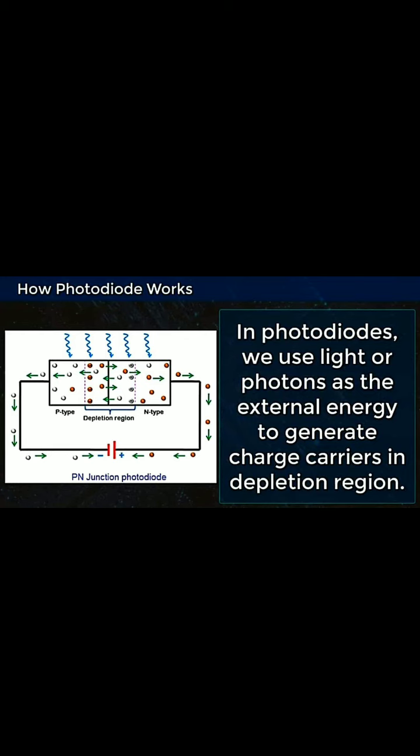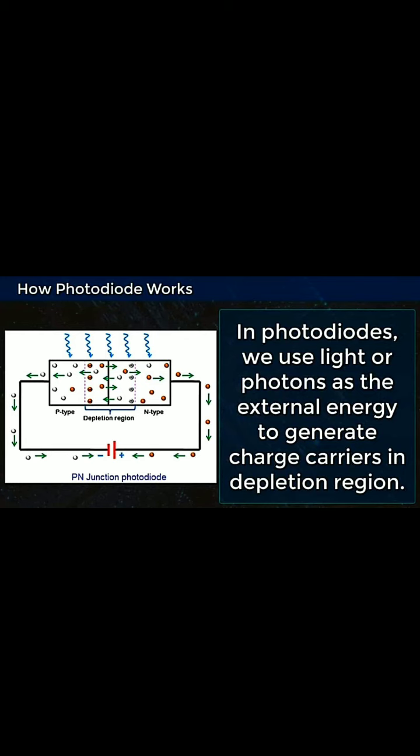Now these electrons are attracted by the positive terminal of the battery, and the free holes move towards the p side, which is also connected with the battery's negative terminal, so they are attracted by the negative side and will also move towards the negative terminal of the battery, as shown in this figure.